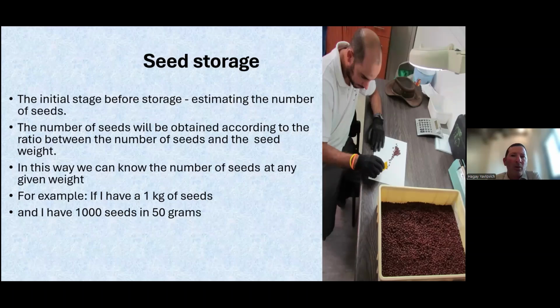who has a quick thought and can make the calculation how many seeds I have? Okay, I have in total 20,000 seeds. If I have 1,000 seeds in 50 grams, so in 100 gram I have 2,000, and in 1 kilogram 20,000 seeds. Okay, was it clear?